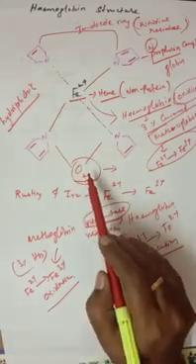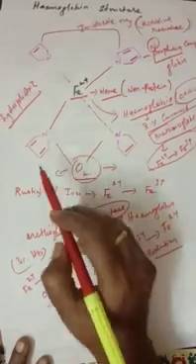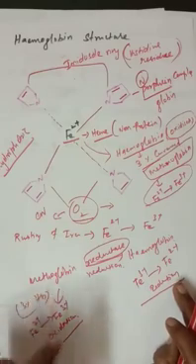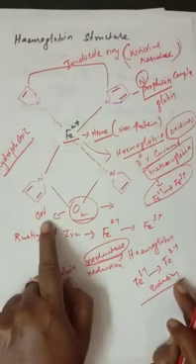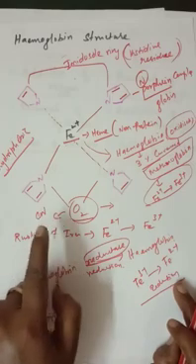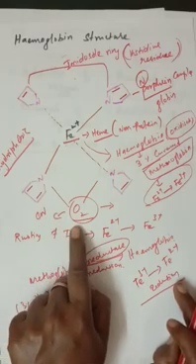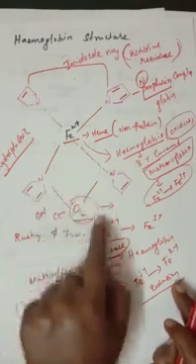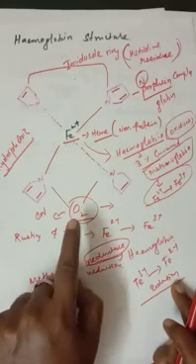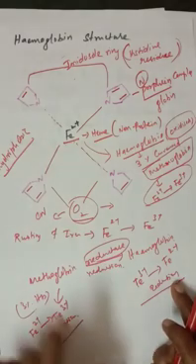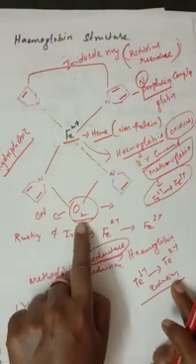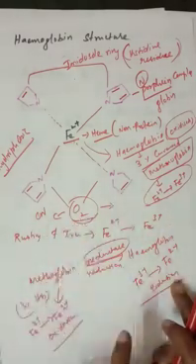Suppose in this O2 position, something else is bound. If it is not cyanide, the methemoglobin is reconverted into hemoglobin. But if cyanide is present, the cyanide blocks the oxygen from binding here, so no oxygen transport takes place. Without oxygen, there is no chance of breathing. So if cyanide is present in that position, it restricts the oxygen.